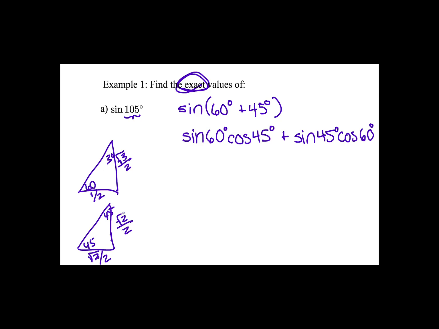And on our 45-45-90 triangle, both legs are equivalent and they are equal to √2/2. So the sine of 60 degrees, it's the opposite side, is root 3 over 2. And the cosine, the adjacent side to 45,